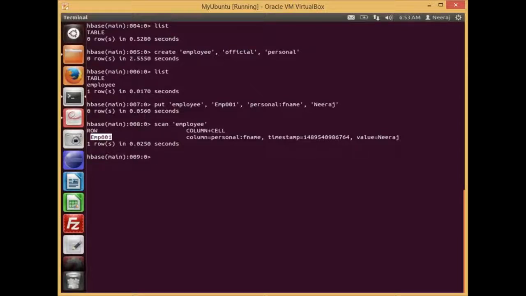The row key employee 001, column is equal to personal colon fname, timestamp is equal to this, and value is equal to Neeraj. With every insert, with every update, HBase stores the current timestamp automatically. So this way, one detail about an employee has been added. If you want to add more detail about the same employee, we can even do that. So put employee 001, the combination of column family and qualifier,